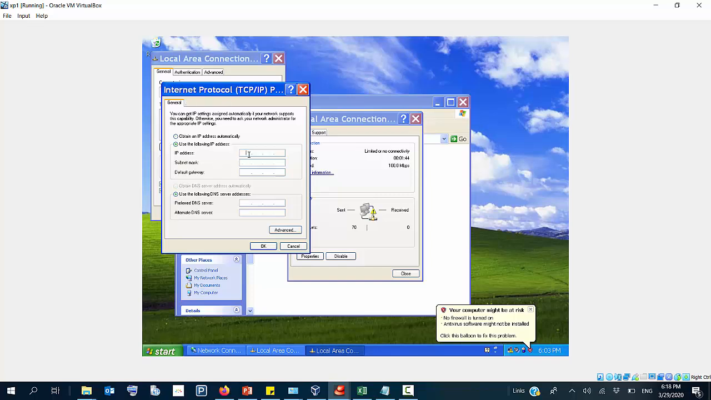And here you have to come and configure 192.168.10.3, 255.255.255.240. Remember, I'm using /28. 240, and 192.168.10.1